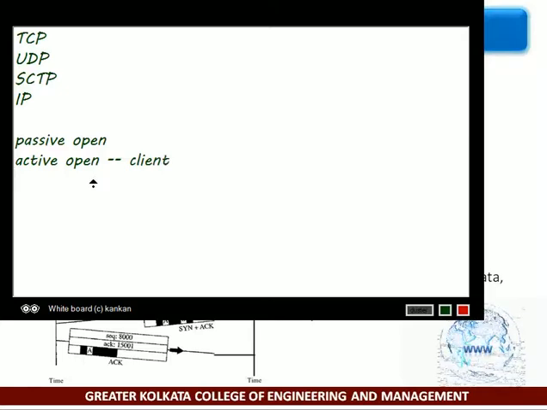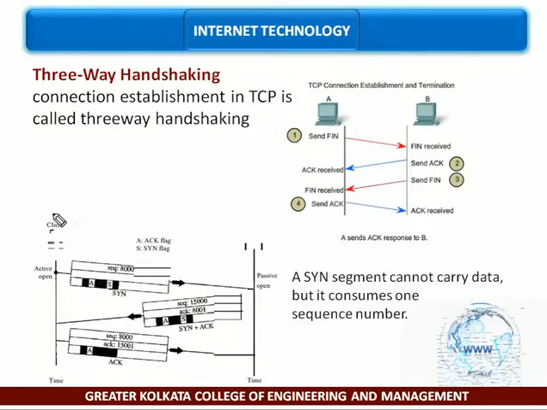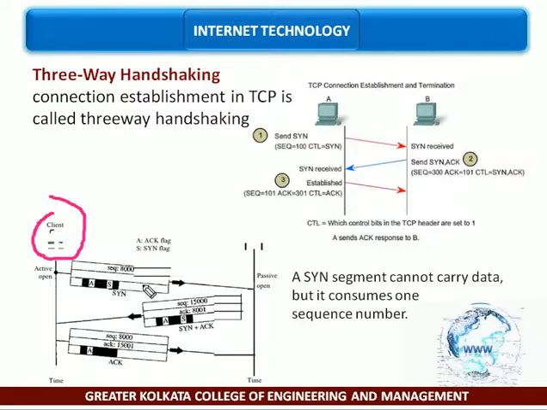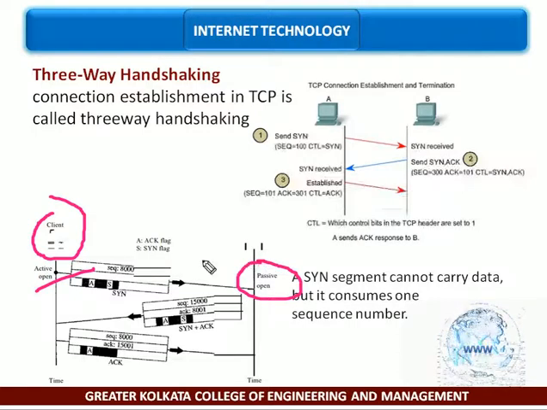So the client that wishes to connect to an open server tells TCP that it needs to be connected to the particular server. TCP can now start the handshaking process as shown in this diagram. The client is actively opened and sent to the server, the server is passively open, and an acknowledgement will be sent.